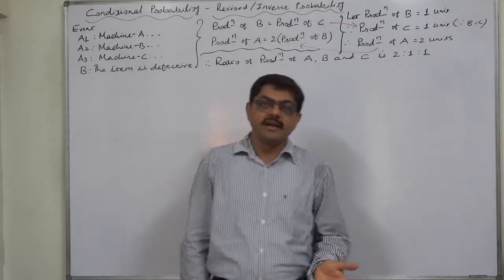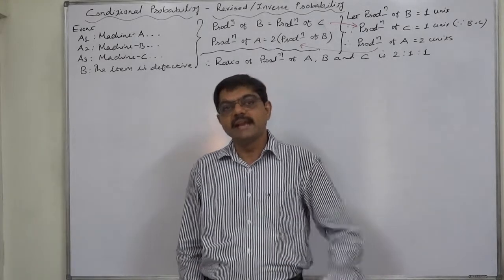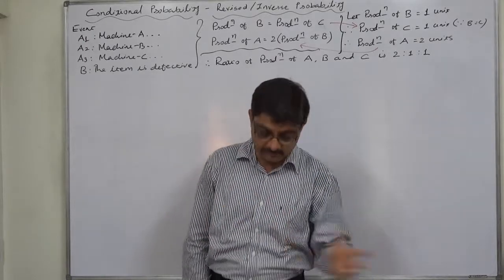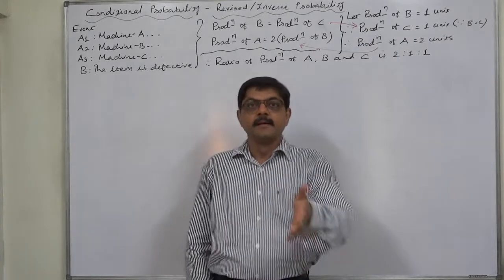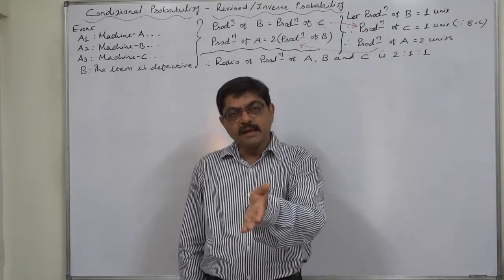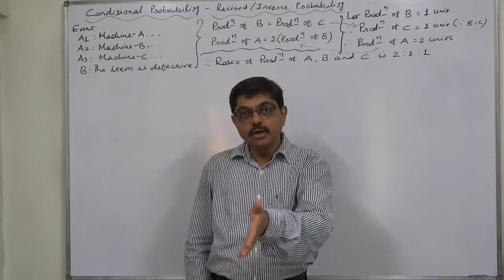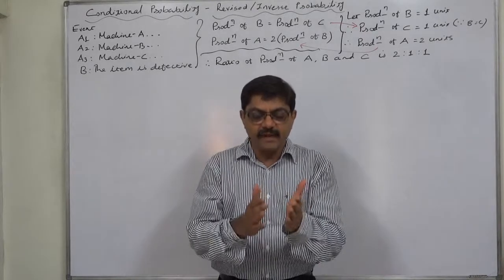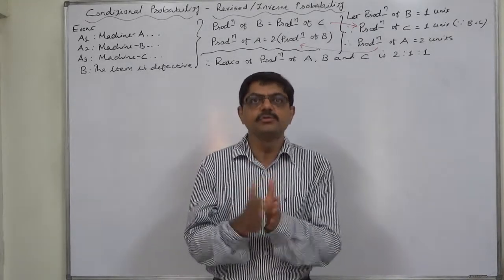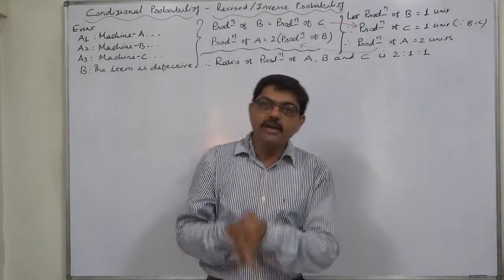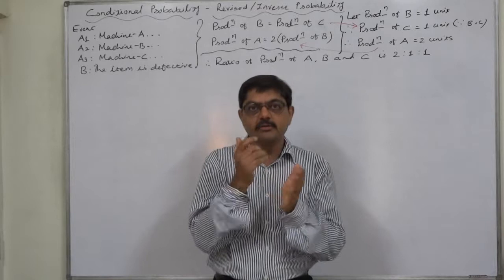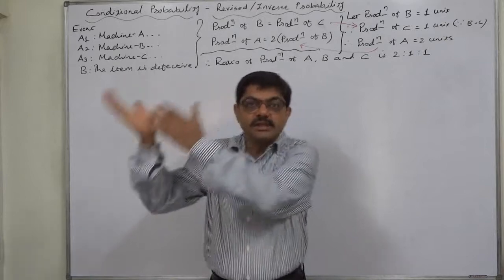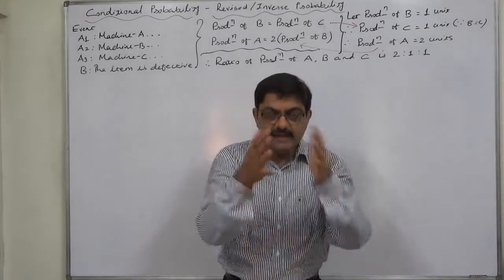In India or in some Asian countries it is also known as inverse probability. On the basis of happening or non-happening of a particular event, that is defective in this case, the item being defective, we again need to find the probability of the cause. That means the essence of the whole discussion is: if a particular event is possible due to 2 or more causes and we know about happening or non-happening of the particular event, and now we want to know because of which reason out of 2 or more the event has happened.